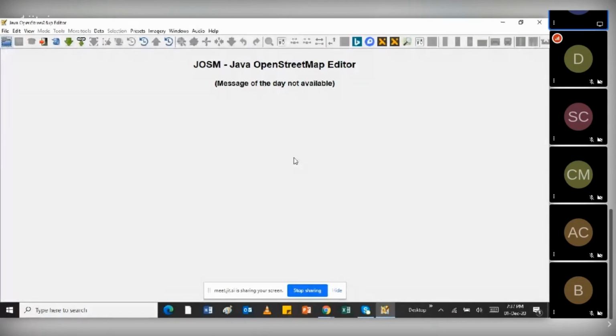The only advantage JOSM has over iD is that you don't need internet all the time. Once you download the data, there's the offline part where you can make edits without an internet connection. Once I've downloaded a specific area I'm interested in working on, I can easily make edits.